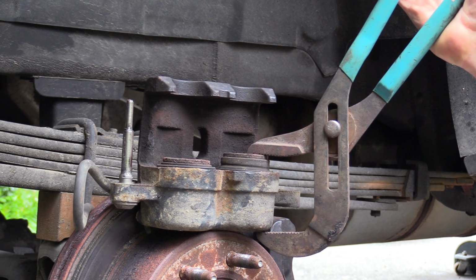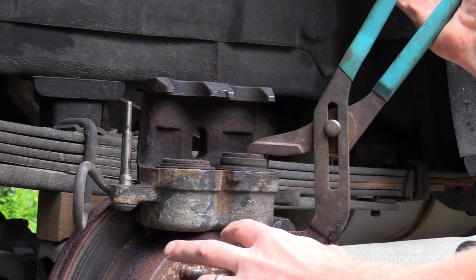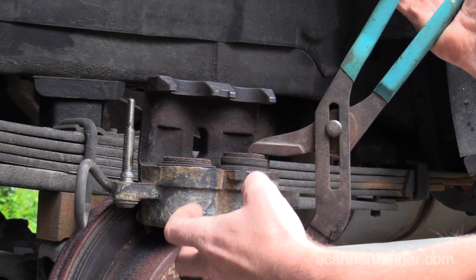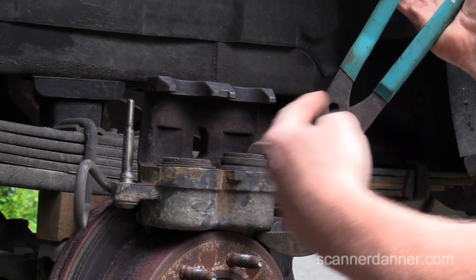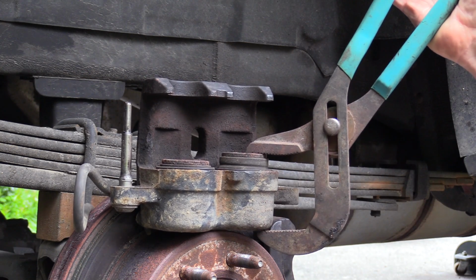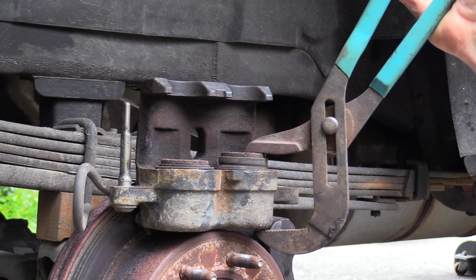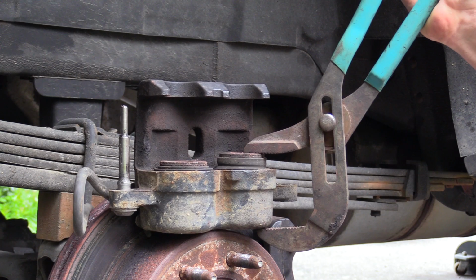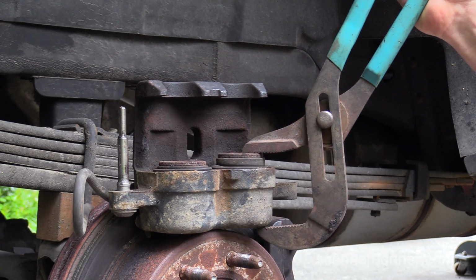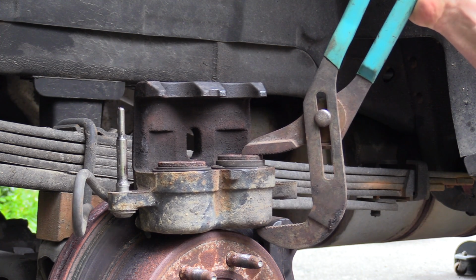Now there's some people that will tell you never push a piston in without loosening a brake bleeder screw, because you don't want that old fluid going back up into the master cylinder and through the ABS system. And I wouldn't argue with that, guys. I just found it's not necessary. I've done hundreds, thousands of brake jobs and never opened up a bleeder and not had a problem on any one of them. I'll watch this one be an issue, but...